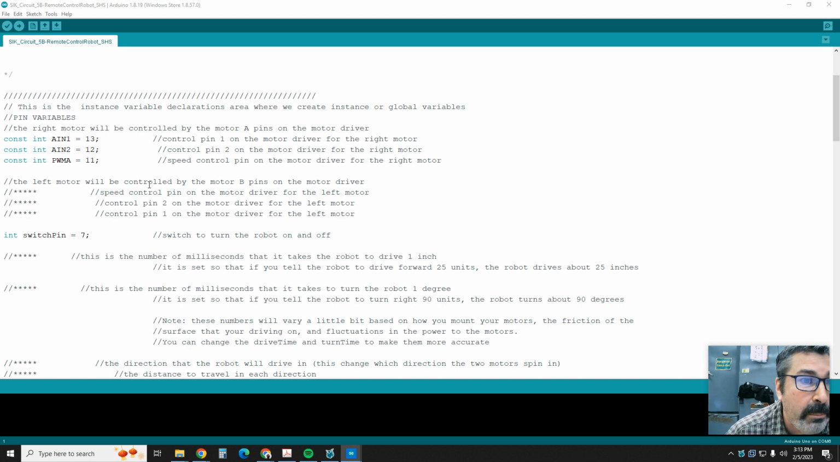It will be controlled by motor pins B, right? So last time we had one motor. Now we have two. So we basically have a bunch of the stuff that's the same. So we're going to put constant int PWMB. So we have PWMA, and now we have PWMB. Okay, and then we had AIN1. Now we're going to have